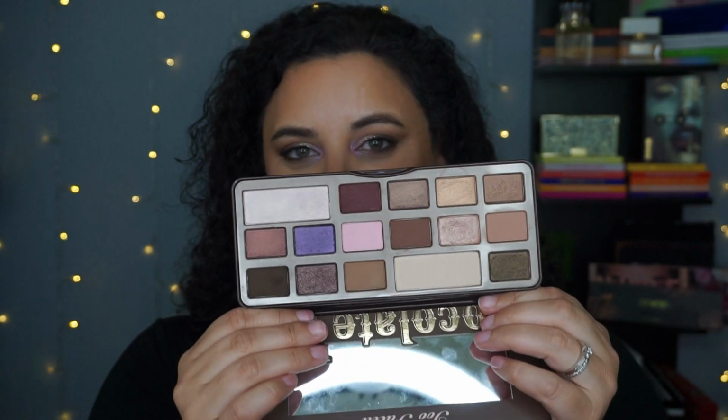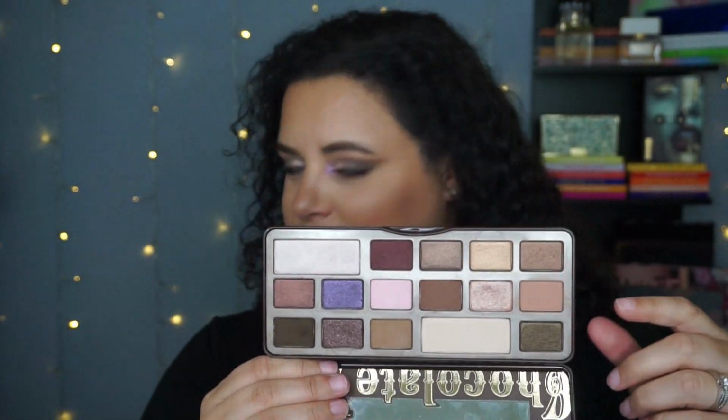So no matter what color combination you put together using these shadows, oh, bless you, sorry, the cat's in here